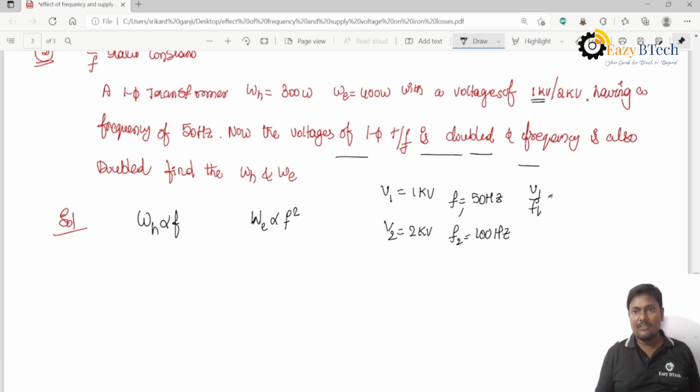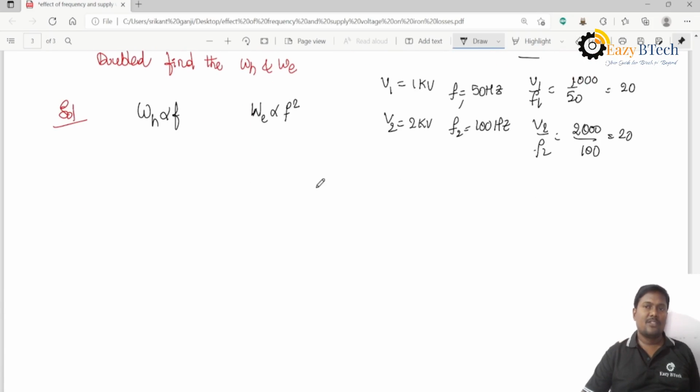Check the V by F ratio: it is 1000 divided by 50, and V2 by F2 is 2000 by 100, so this is 20, here also 20. The V by F ratio is constant, then hysteresis loss 1 divided by hysteresis loss 2 is equal to F1